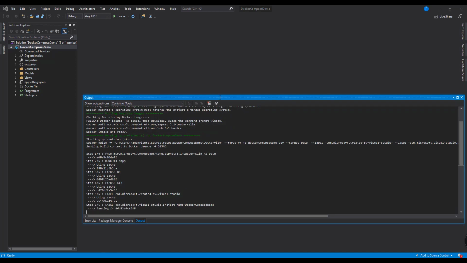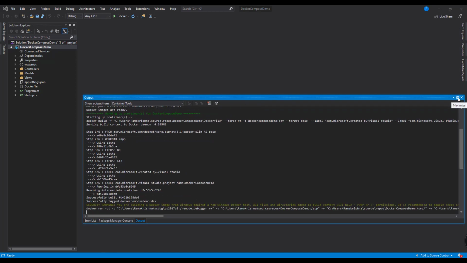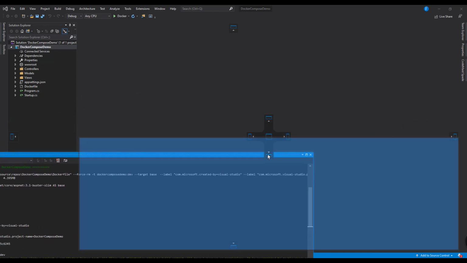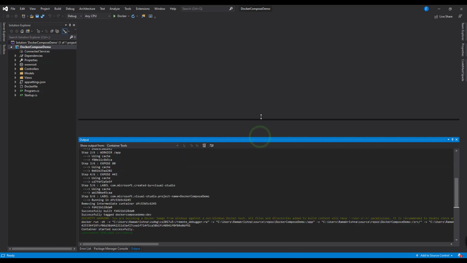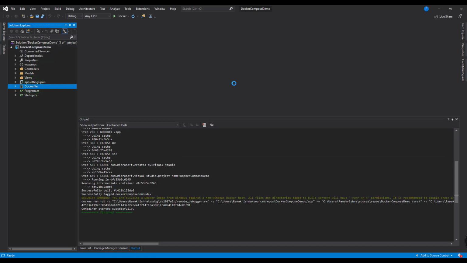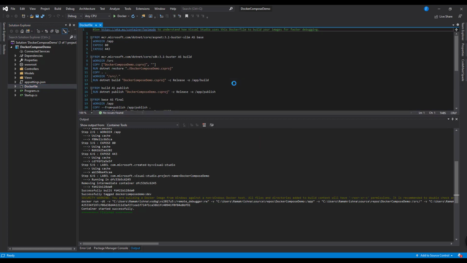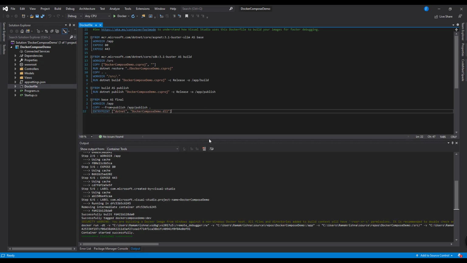You can see that our Dockerfile started to build. If you want a detailed explanation of how a Dockerfile works, please watch my previous videos. In those I have explained in detail how a Dockerfile builds stage-wise, and how it is created and used in a CI/CD pipeline as well.